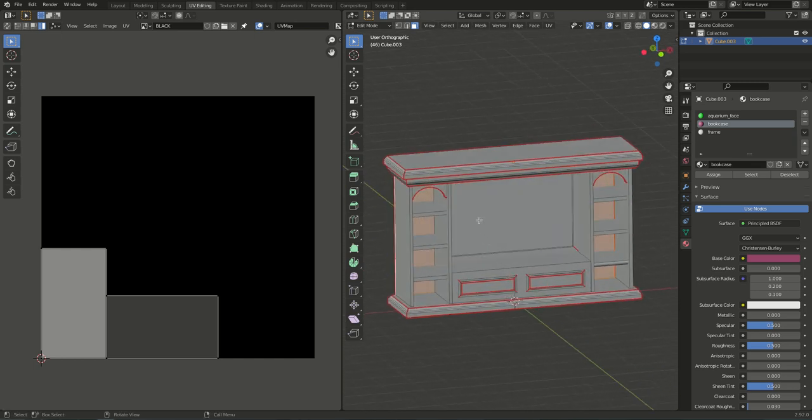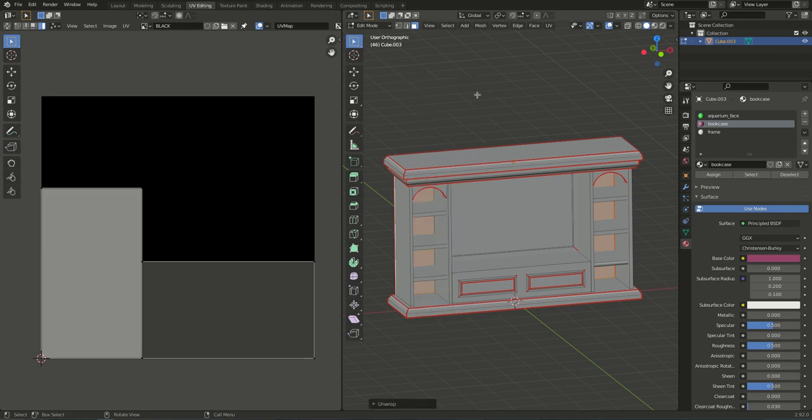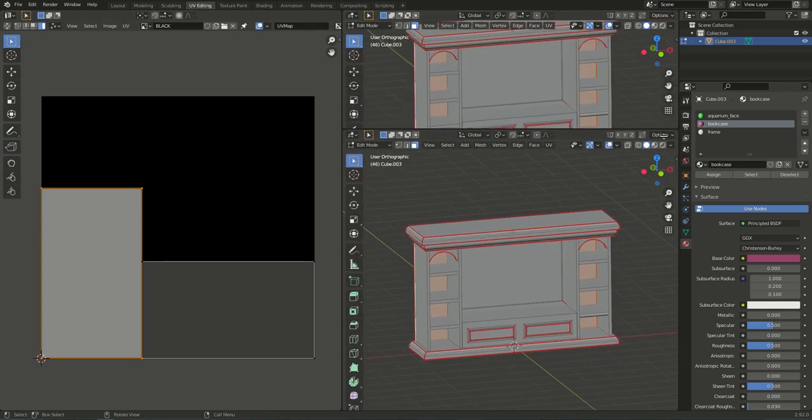So if we unwrap only these faces, we get this. Now this is not rotated in a way that the grain of the wood will show correctly. So the first thing we are going to do, first or second or I don't know,